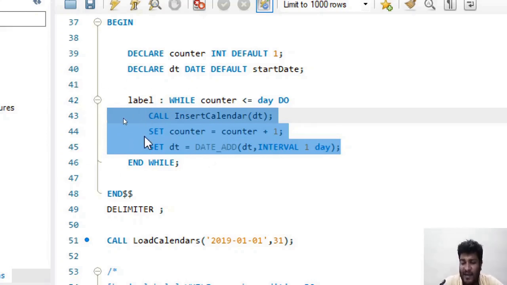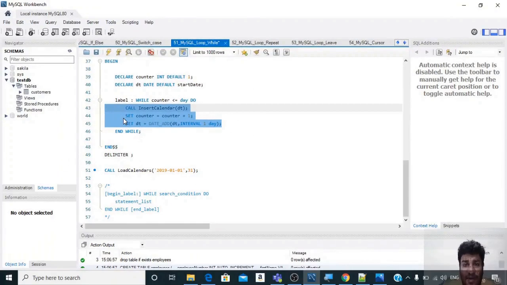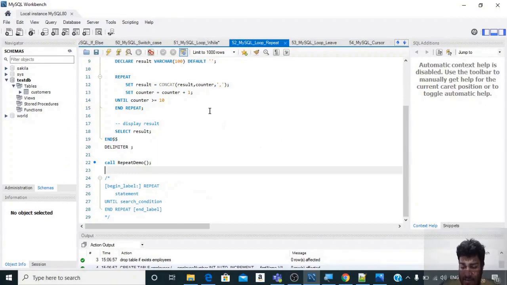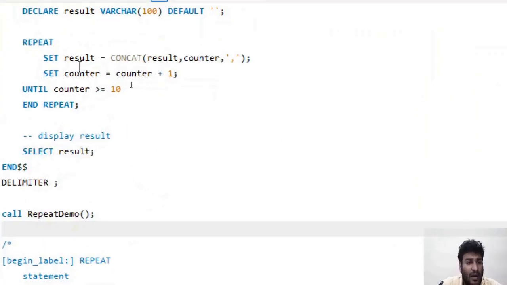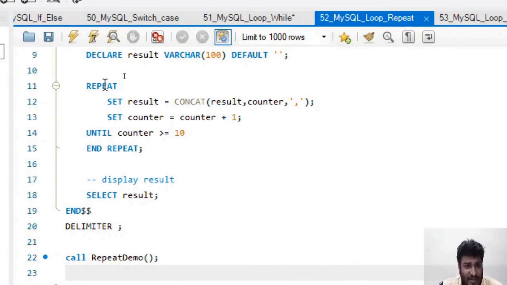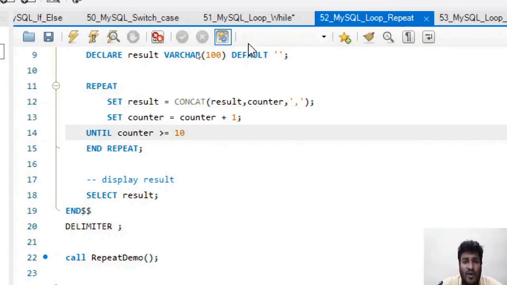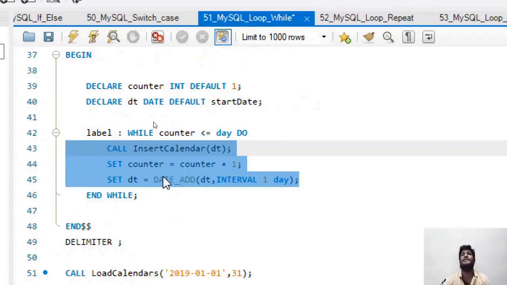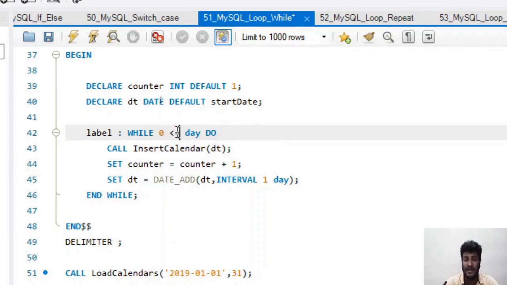Again, at the end we have the repeat loop. In Java we have the while loop and the do while loop. So this is exactly the difference between the while loop over here and the repeat loop. In the repeat loop, at first we say repeat all this, and then we define the condition. So here we say repeat these two statements, and then we say the condition. In the while loop there can be a case when the following statements will not get executed even once. Say if we give a condition 0 is greater than 1, so this is always false.